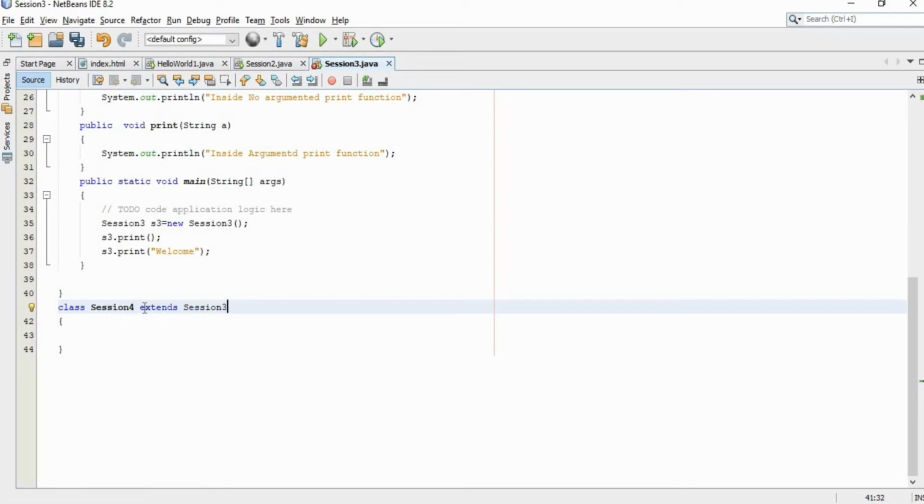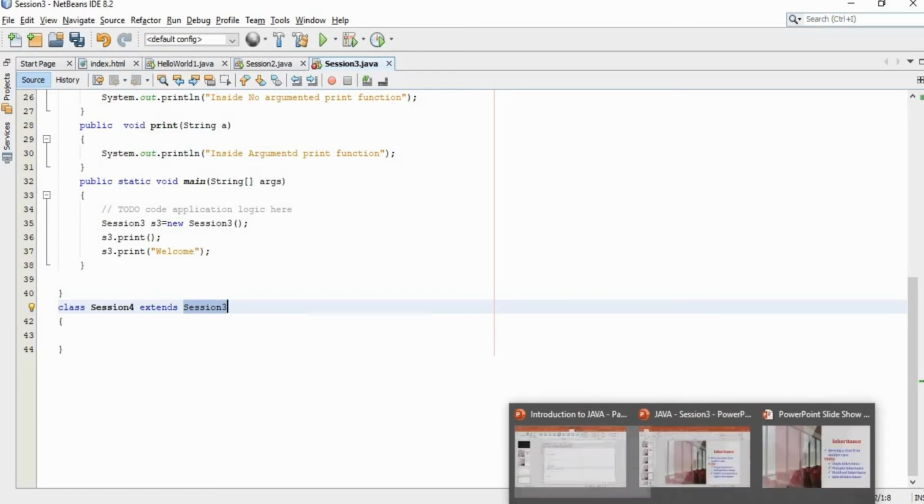So this means that we have created a class called Session4 from the class Session3. Here Session4 can be considered a derived class or child class or subclass, whereas Session3 can be called base class or parent class or existing class, right? So these are the very basic terminologies which are frequently used in inheritance.